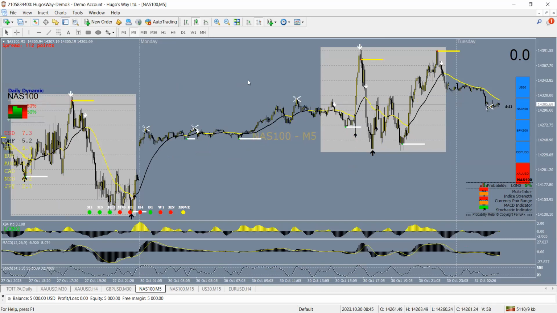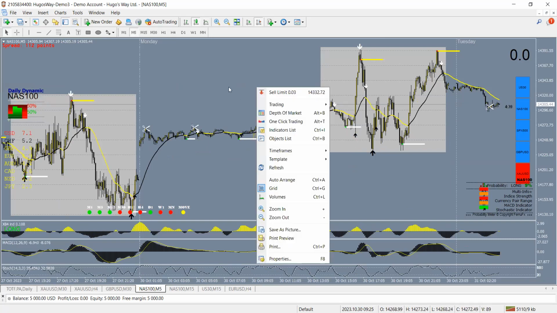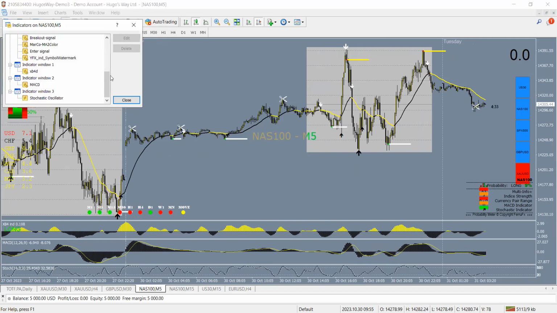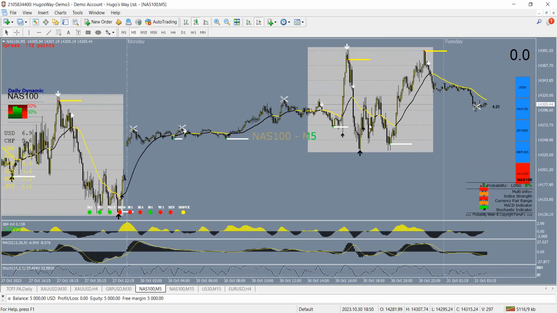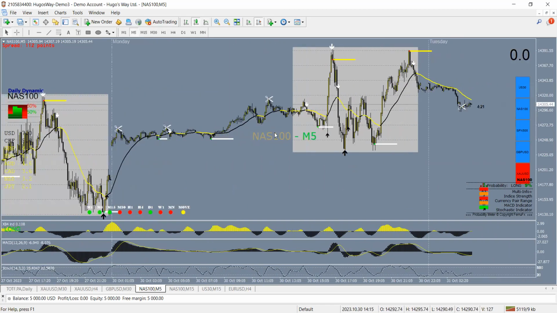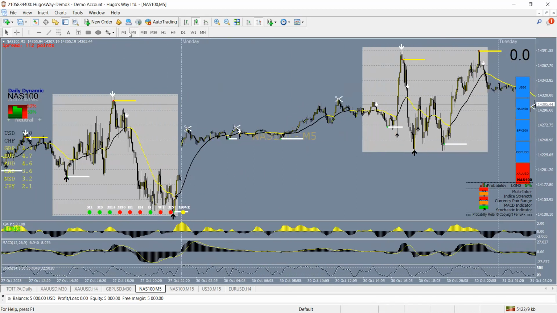Actually, no, I'm on a Slingshot template. No. Okay, I am. This is Slingshot template, isn't it? Let me show, this is Slingshot template. Yeah, this is it. So it's going to confirm it on this wick. So you're not going to get this type of signal while price is trending. Do you see what I'm saying? You're not going to get that type of signal, right? Maybe on the lower time frame, like a 1 minute, but